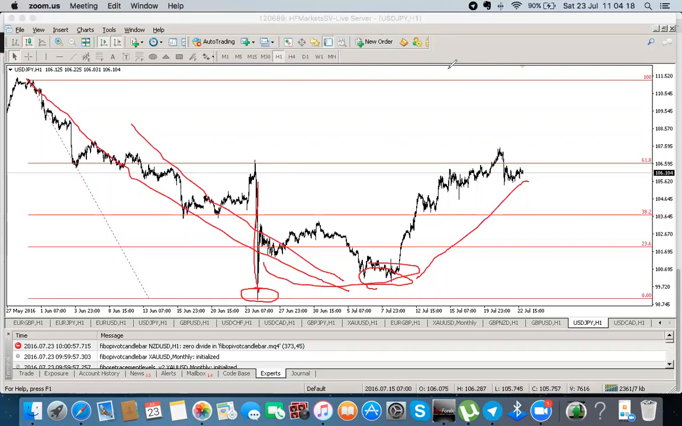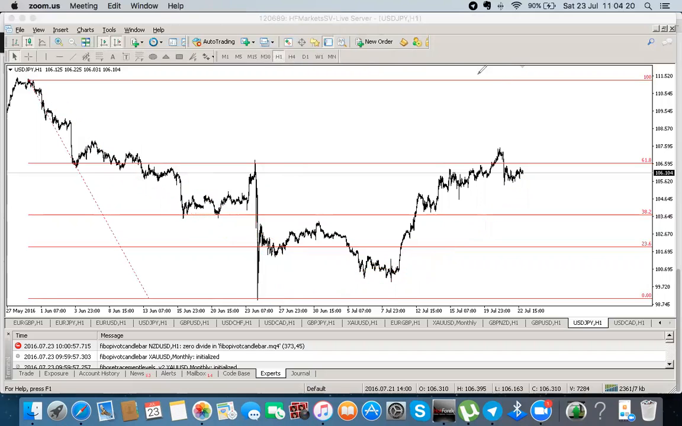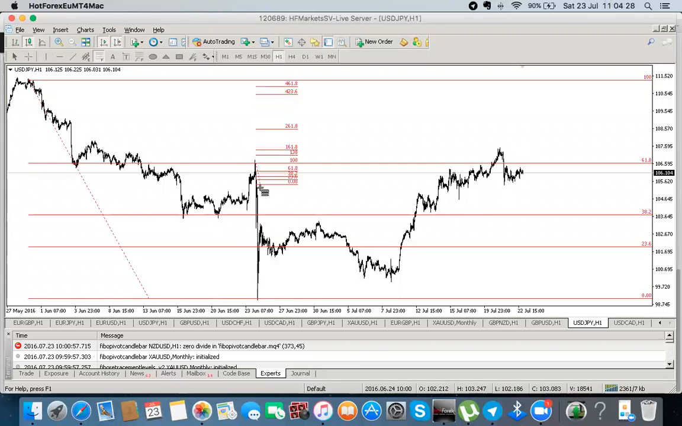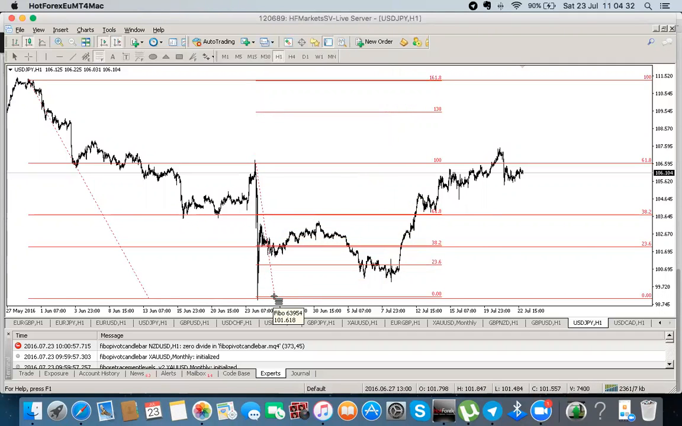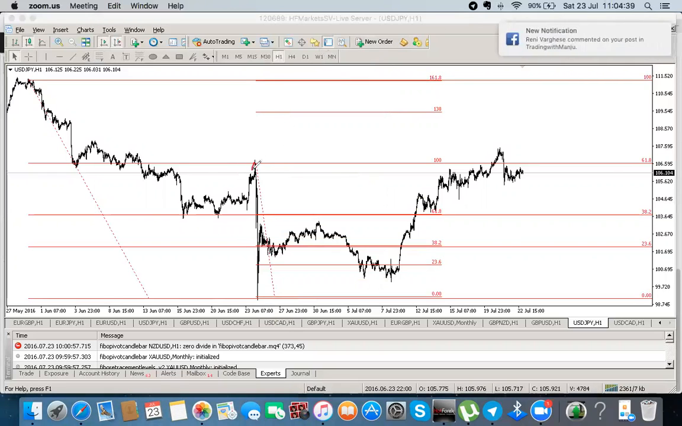Why did the market take off from those zones? Okay, you have to use a Fibonacci on every single impulsive wave, okay? So I'm considering this one here and this one here as an impulsive wave right now. Okay, I draw the Fibonacci from the top to the bottom. You can see